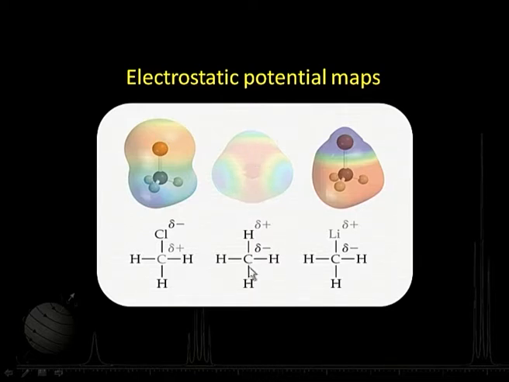Now, when I move from this to a molecule of this kind, say chloromethane, what you find is that because of this chlorine atom and its electronegativity being much larger than that of carbon, electrons are pulled towards it. This is indicated by red coloration here, whereas around this we find that the coloration is blue. There is some kind of charge separation, and carbon is now delta positive there.